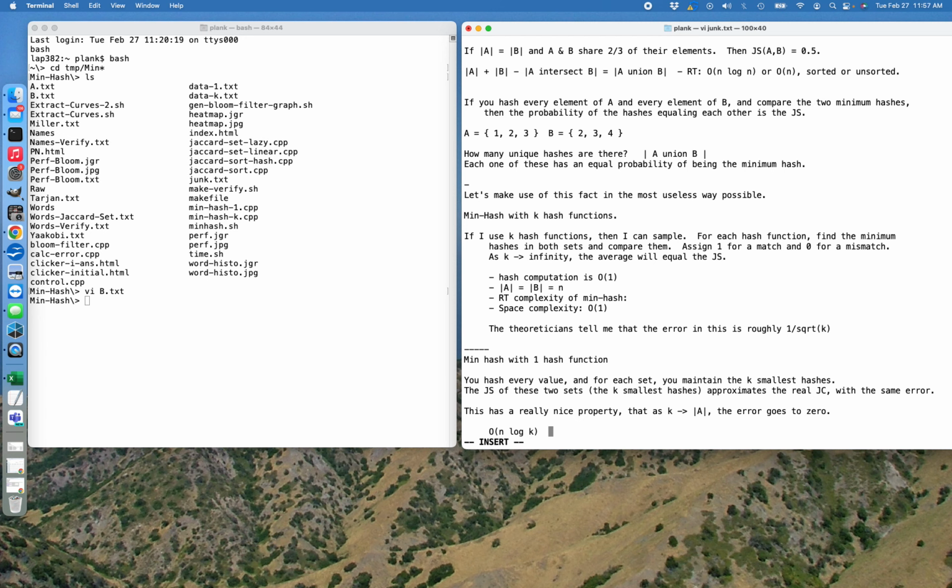And when I'm done with both A and B, I can run through both of those sets and calculate the Jaccard similarity in a linear fashion, because I have two sorted sets. If this is too big, I increment that; if that is too big, I increment this; if they're equal, I increment them both. So that's going to be O of k. So time complexity here, run time,